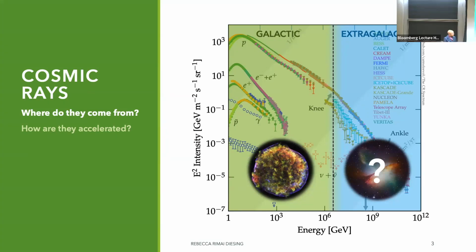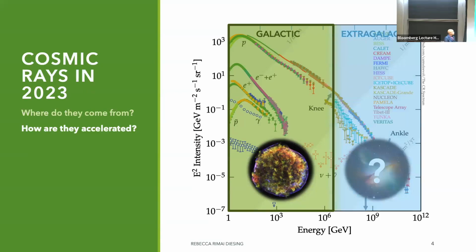But for most of this talk, I'm going to focus on these better understood particles, the galactic cosmic rays, where we think we have a theory for how supernova remnants are able to accelerate cosmic rays. Not only can you make this energetics argument that converting 10% of the energy to cosmic rays reproduces the flux, but we also have a theory for how the forward shock of a supernova remnant is able to accelerate particles quite efficiently. I'll spend a lot of time talking about that shock acceleration paradigm.